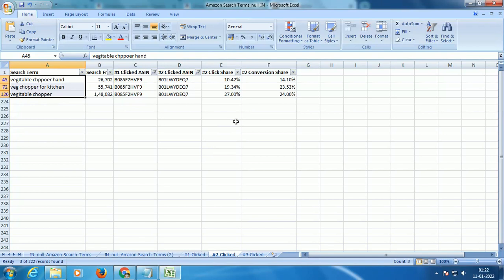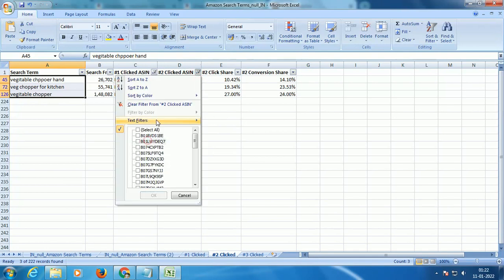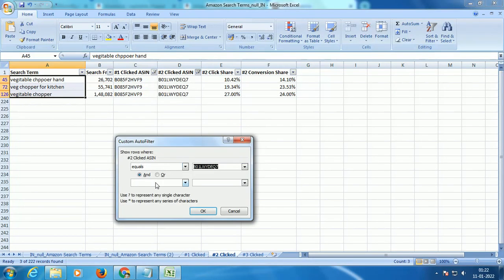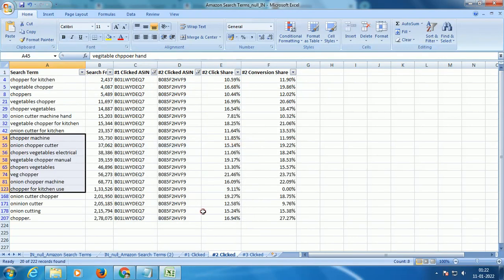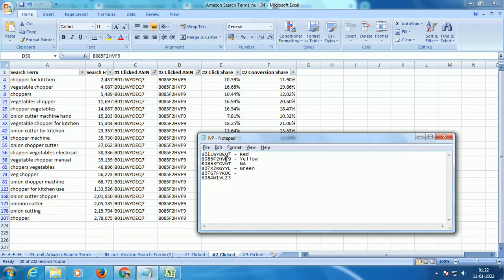So then what I'll do is, I'll do the same thing for our second competitor also. Anything that equals to this, I'll say okay. See here, now this guy, right?